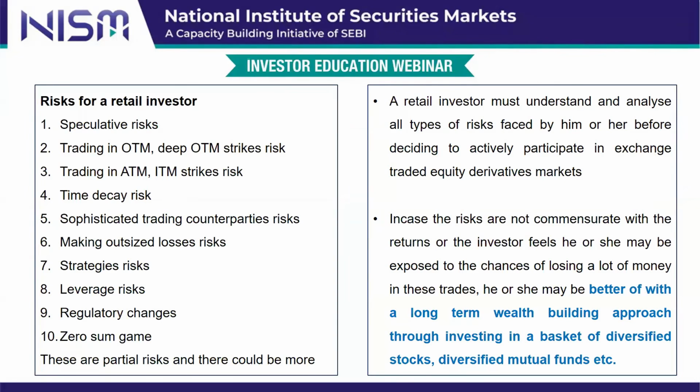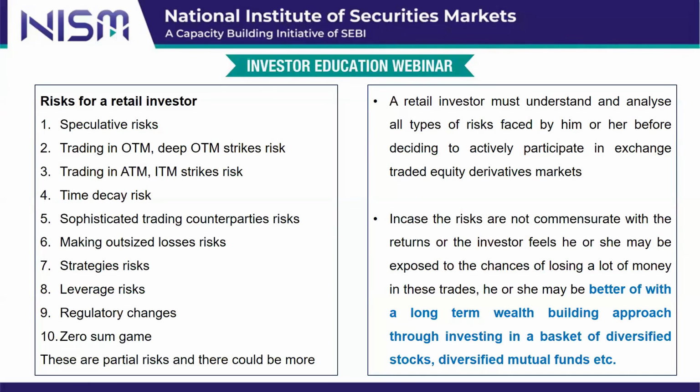So we talked about so many types of risks, not just the theoretical ones: credit risk, liquidity risk, settlement risk, and all the other theoretical ones. You can definitely do a study on that if you're a student of the markets. But the general speculative risks: trading in OTM, ATM, ITM contracts, time decay risk, sophisticated counterparties, outsized losses which can erode all your past profits, leverage trading, zero-sum, regulatory. You should be aware of all these risks and analyze all the risk that you're taking, and